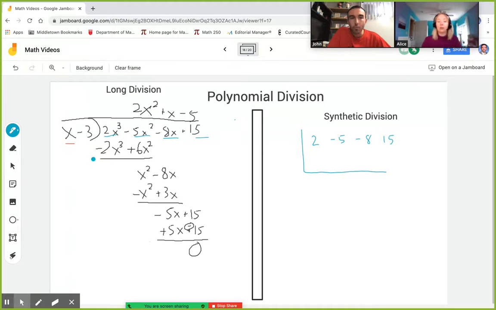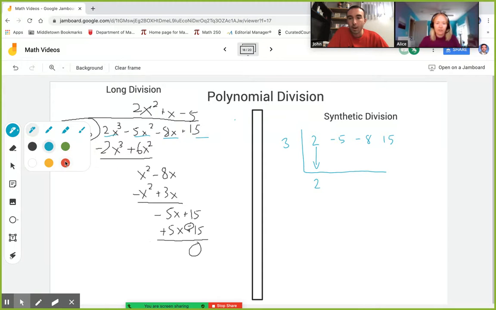And it has to be in descending order, right? Correct. Yeah, I have to start with the value in front of x to the third. If I'm dividing by x minus 3, dividing by x minus 3 really means we're checking to see if 3 is a 0 of that function. And with synthetic division, we work just with numbers and not with variables. So we're going to check to see if 3, when plugged in or evaluated in this function, gives us an output of 0. The way to do synthetic division is to first drop down your leading coefficient,